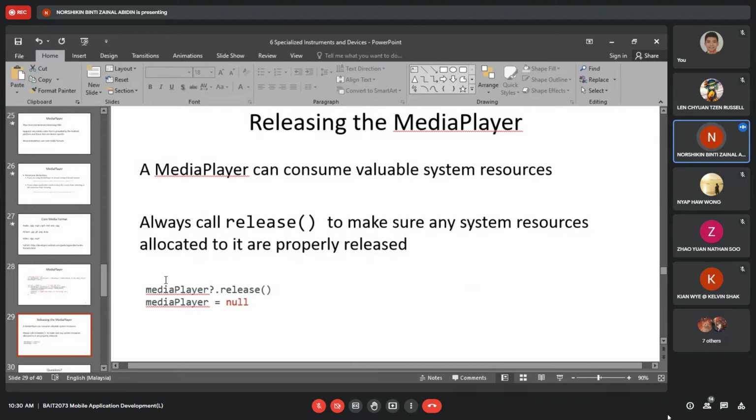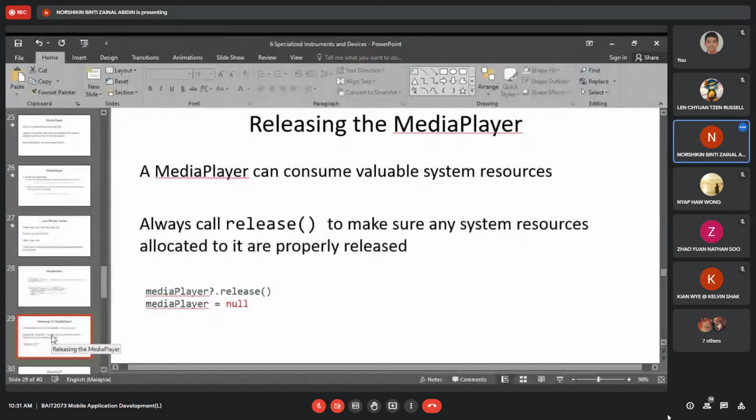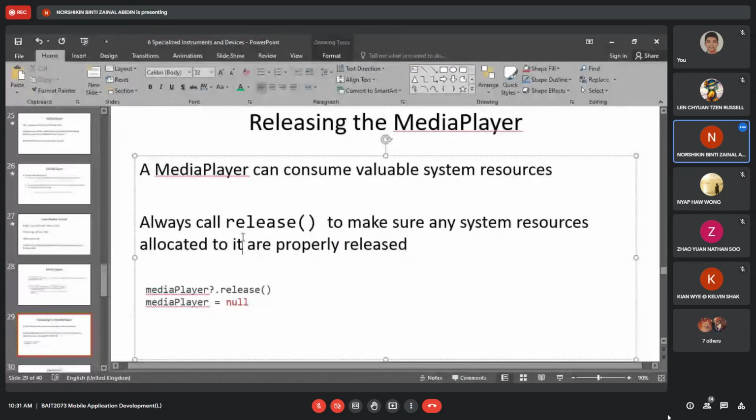For example, here media player release. This function ensures any system resources are properly released, to avoid them consuming our resources. Actually, the answer is here already. This one is the first one, this one is the second one. This is the function.